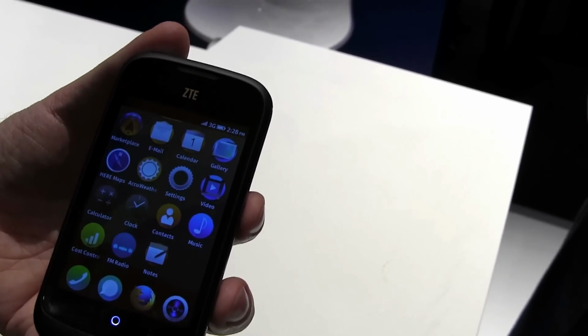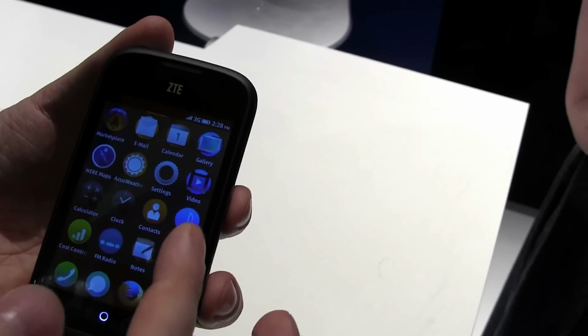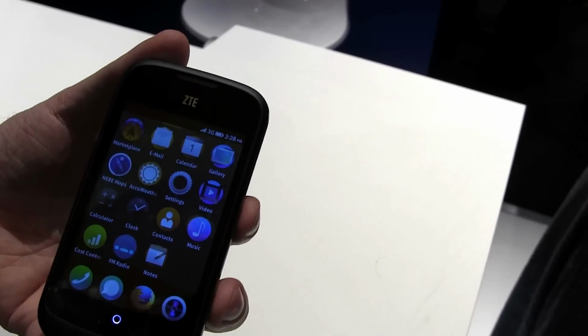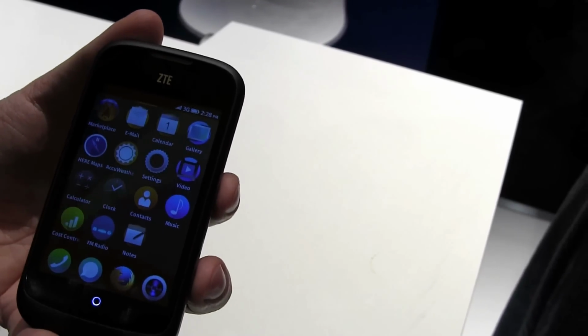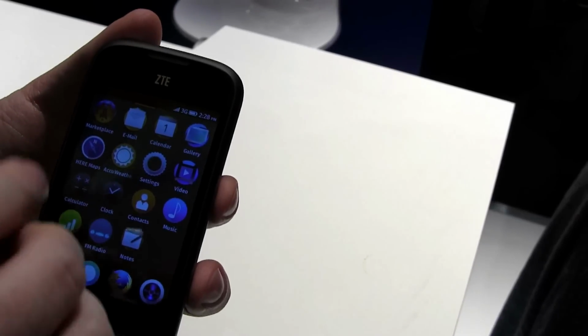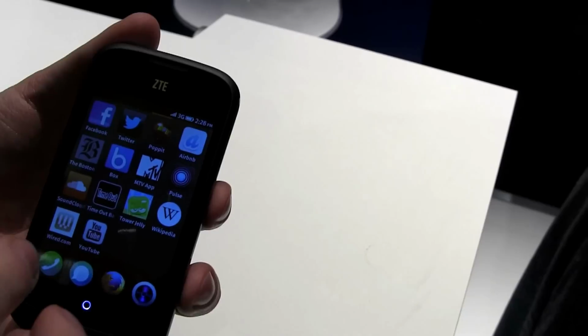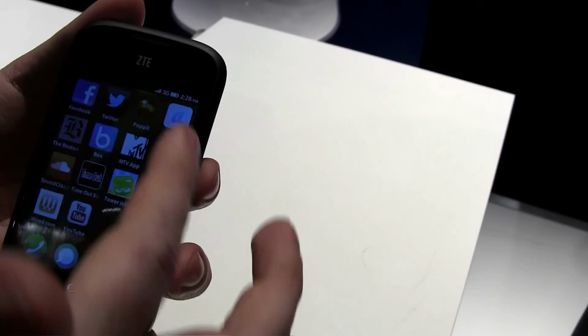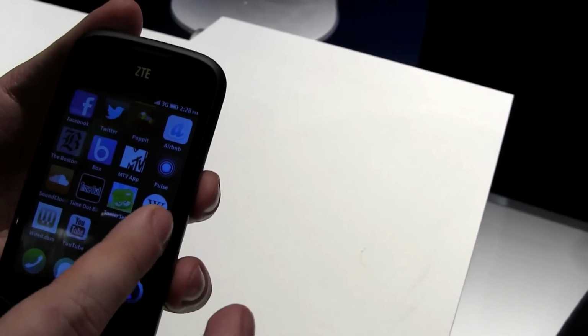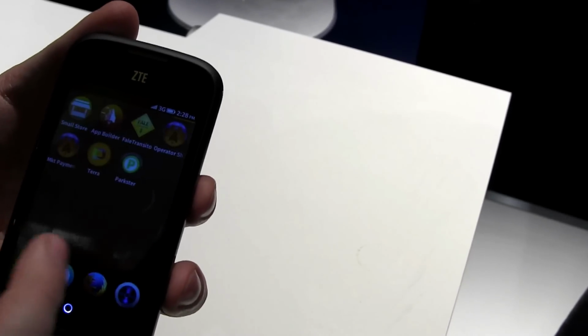In terms of applications, you've got all the things you need, like contacts, clock, music, video, gallery for your photos, and an FM radio for listening to radio. Because in the markets where I want to release this phone, a lot of people want to have a radio on their phone, funnily enough. I've got Facebook, Twitter, my games, Wikipedia, YouTube, all the things you would expect from a normal smartphone